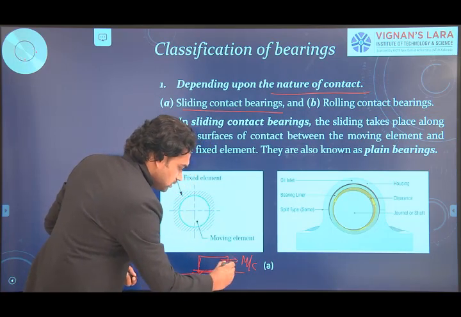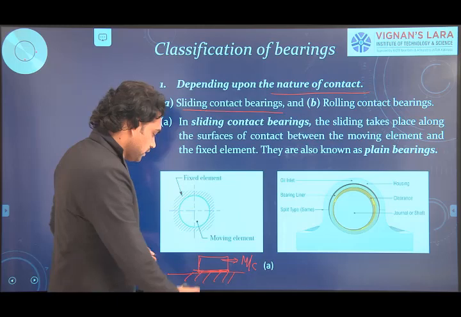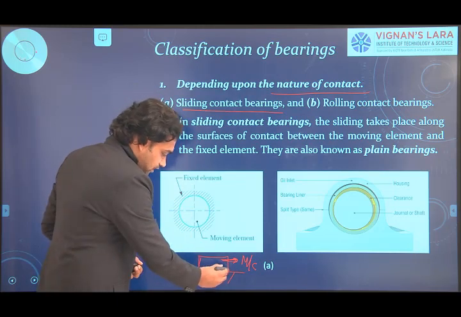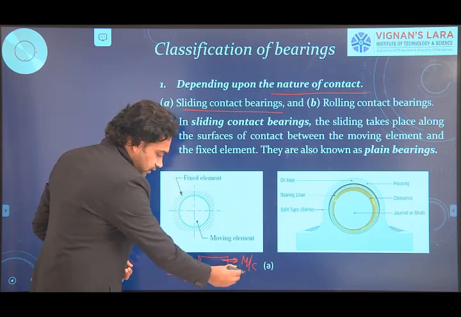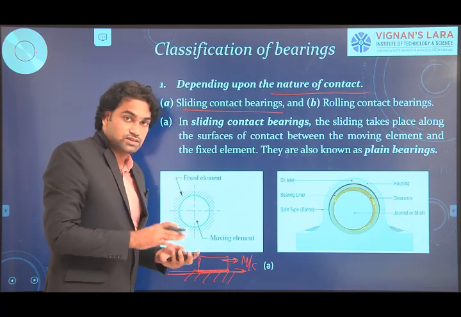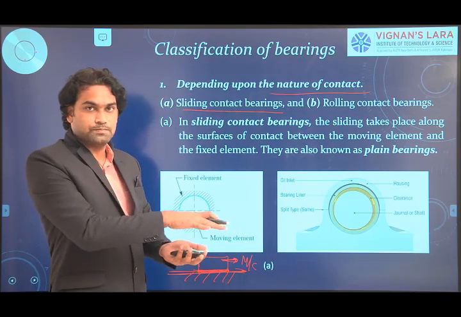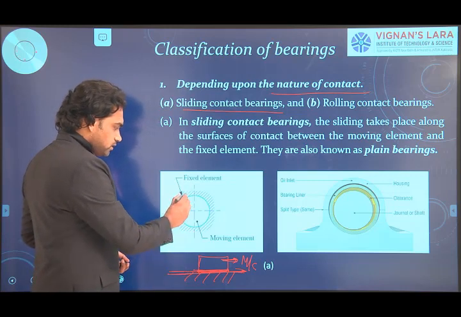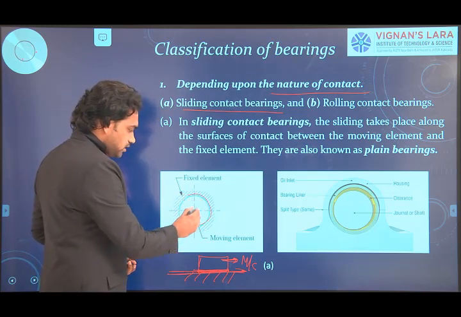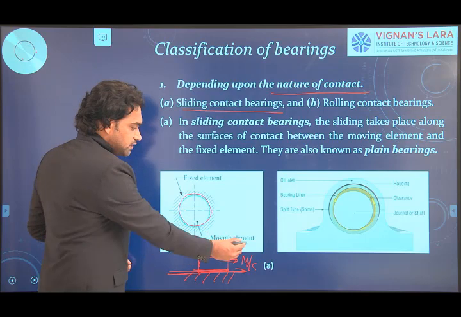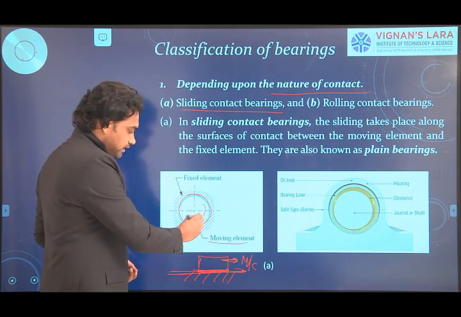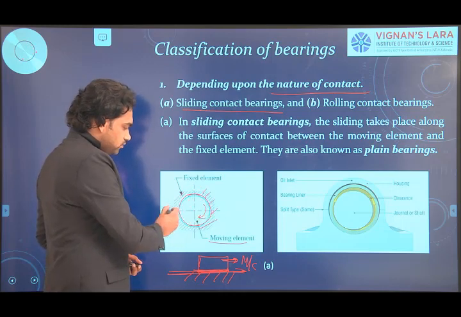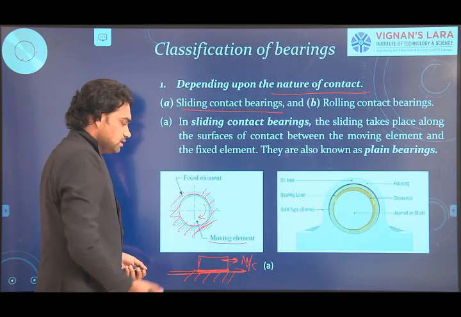In order to move this machine component, for example I can move it from here to this position, so the total surface will be in contact with this bearing surface, as well as it is going to slide upon the surface. That type of contact we call sliding contact, which you can observe here also. This circle represents the shaft, that is a moving element. The shaft tends to rotate in the bearing, and the bearing is a fixed element, the outer portion of the shaft that we consider as fixed.